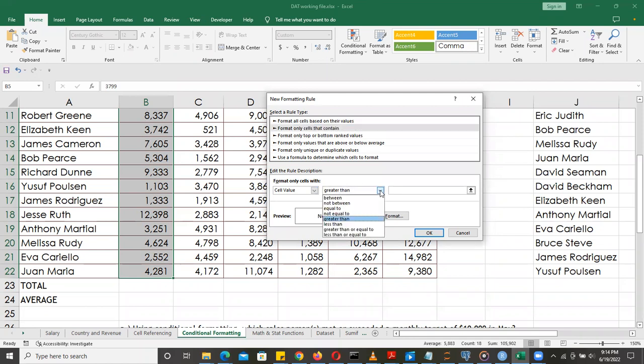Format only cells with cell value greater than, then you click that drop down arrow. Between, not between, equal to, not equal to, greater than, less than, then you see greater than or equal to. So that's the option we are looking for. So you select it. Then our value greater than or equal to what? 10,000. Then you need to pick the way you want to format it. So when you click the format,